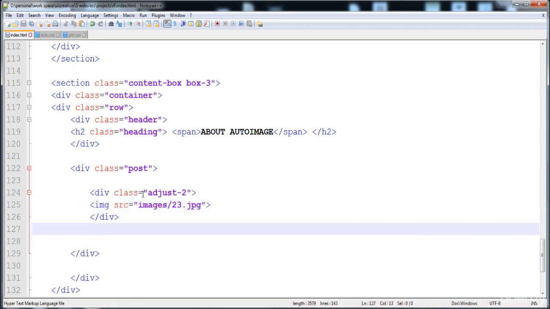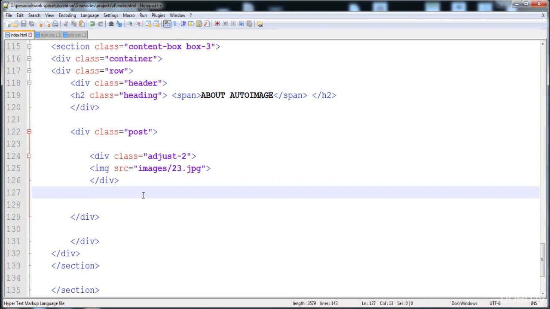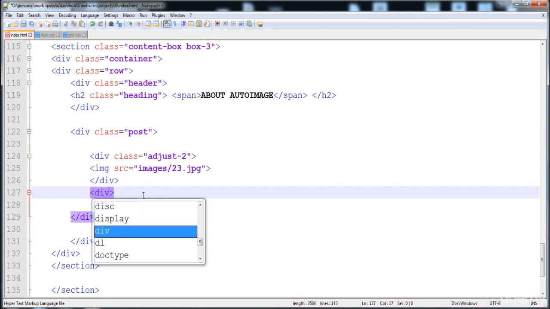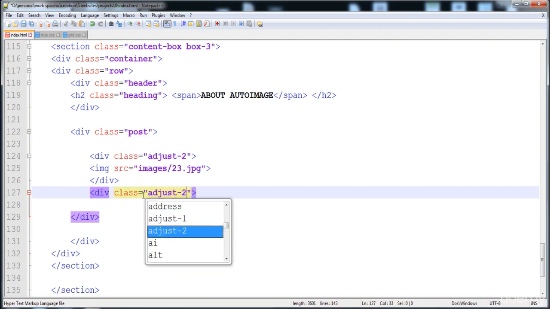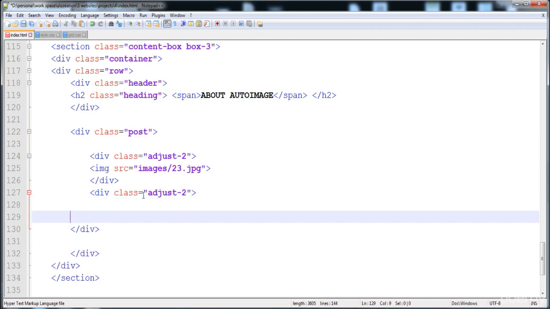And now after this, what we need to do, we have to create another adjust to div. Adjust to, and